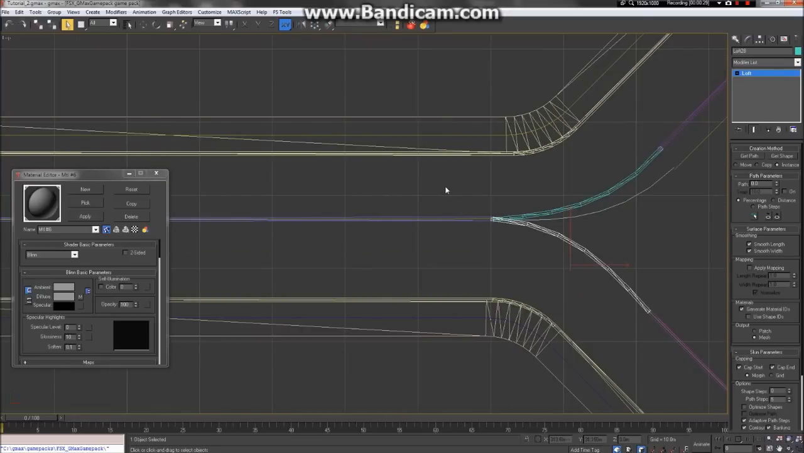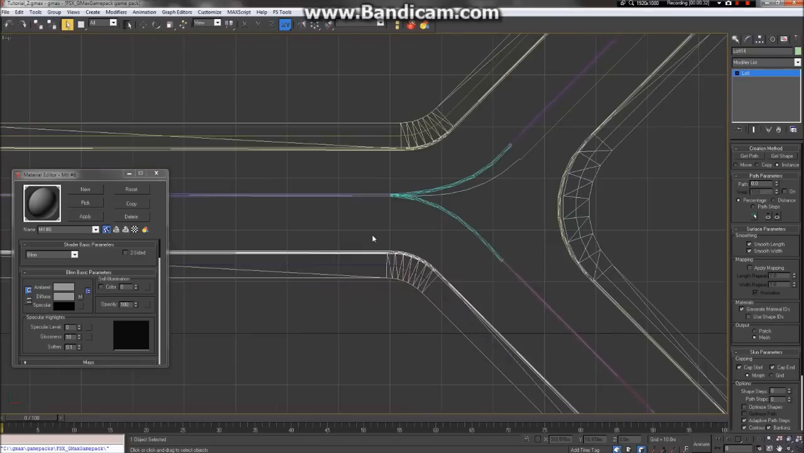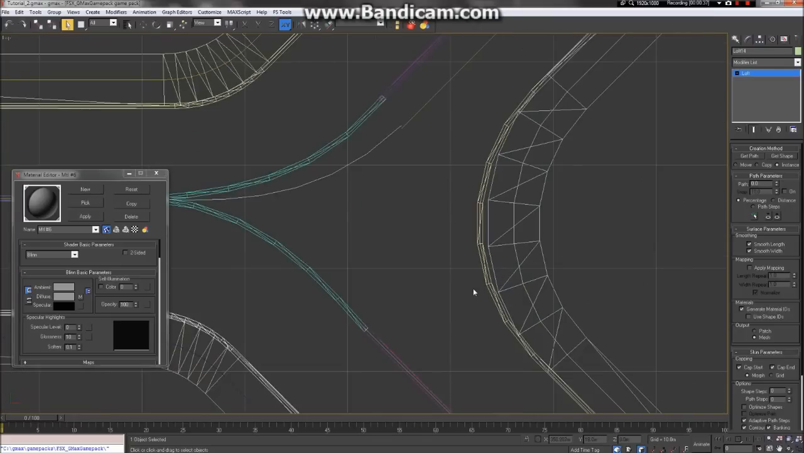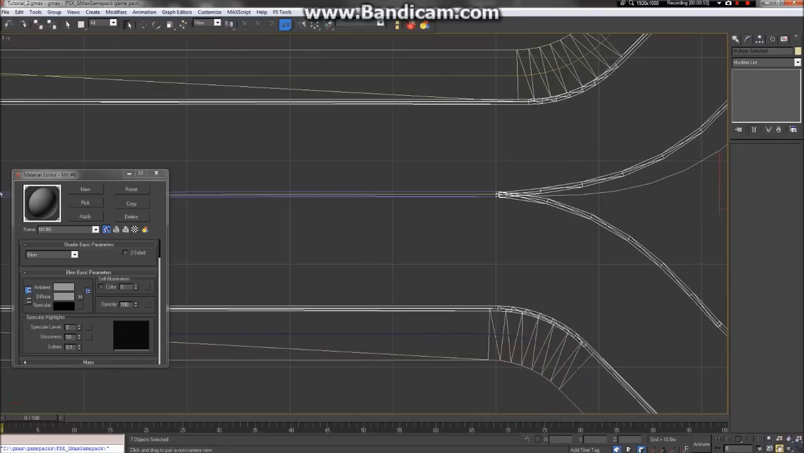And for our lines, we just need to select all of them somehow. There we go. And for these lines, we are just going to be applying our line texture. Now,